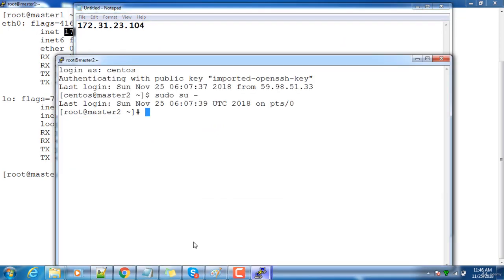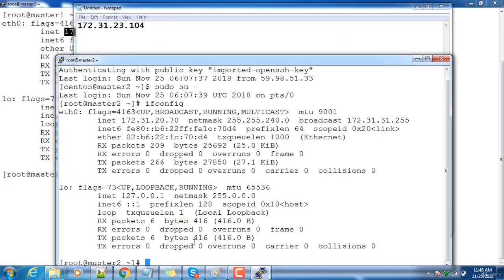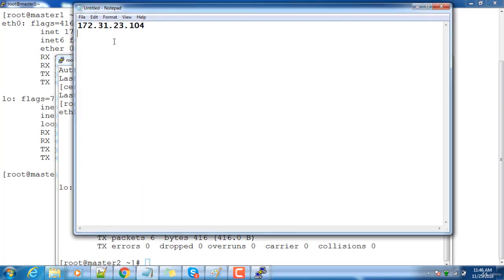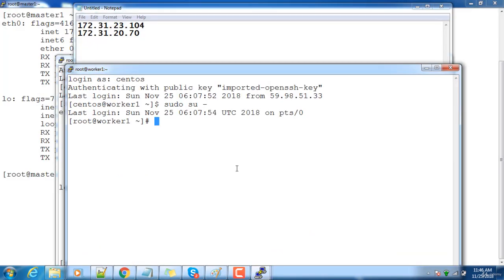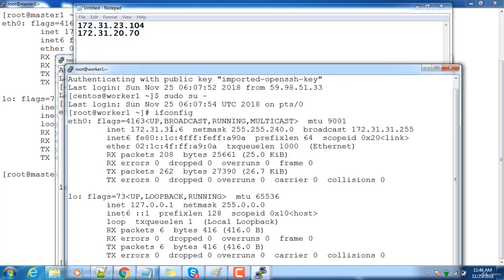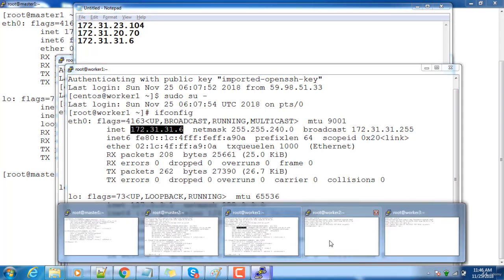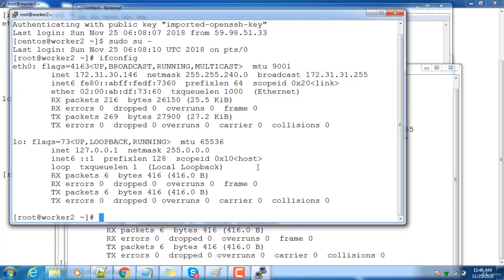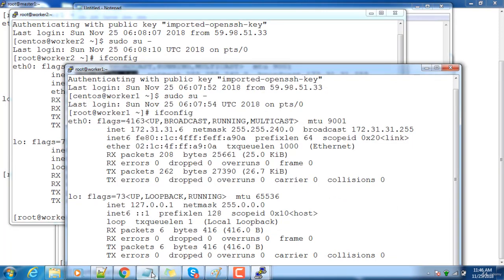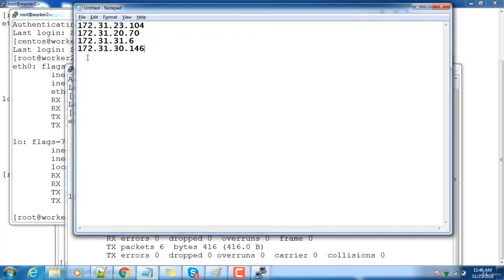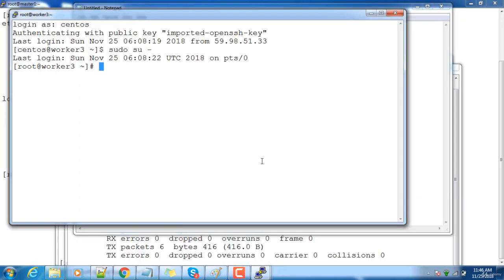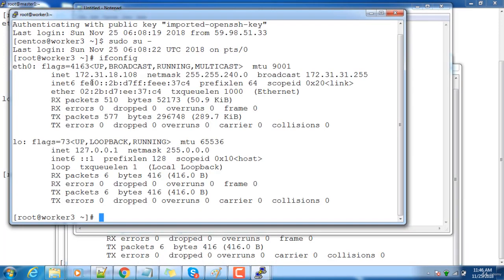This is master 1, and for master 2 this is the IP address, and for worker 1 this is the IP address, and for worker 2 this is the IP address. And open worker 3, get this IP address